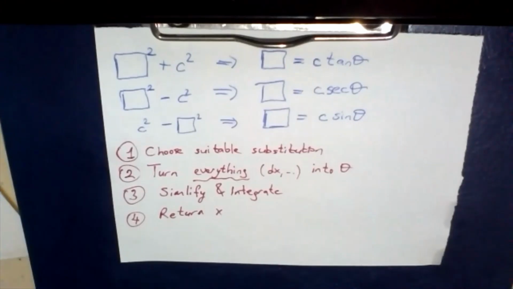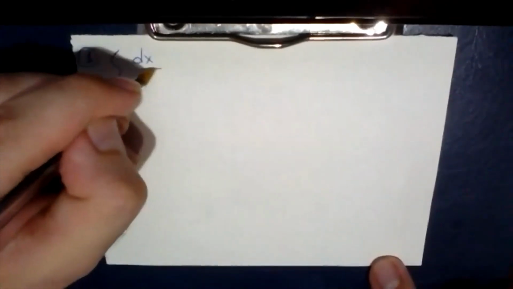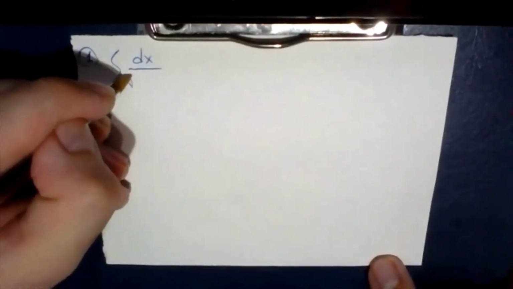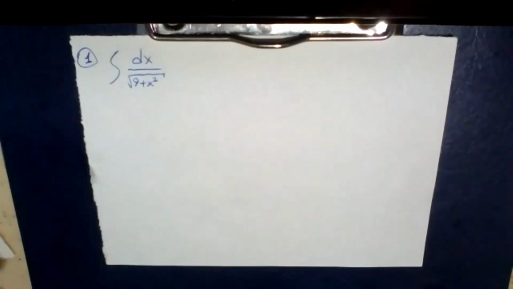Now we can start with questions of worksheet 4. Let's start with the first question of worksheet 4. What was that question? Integral dx over square root of 9 plus x squared. So,